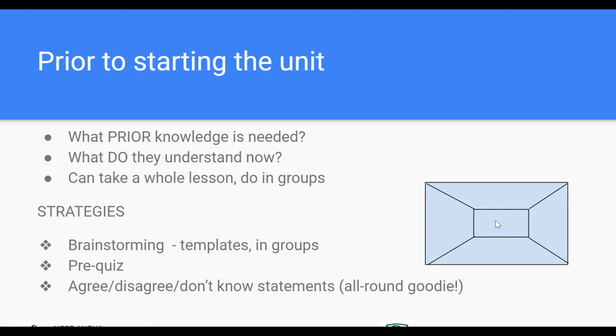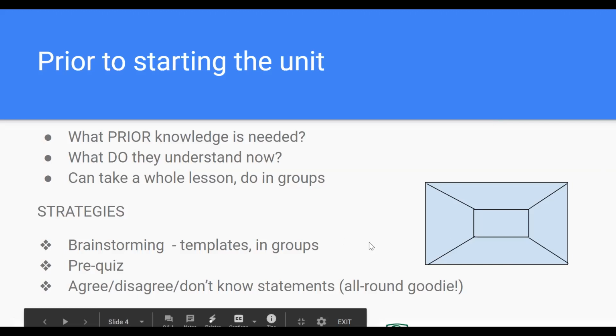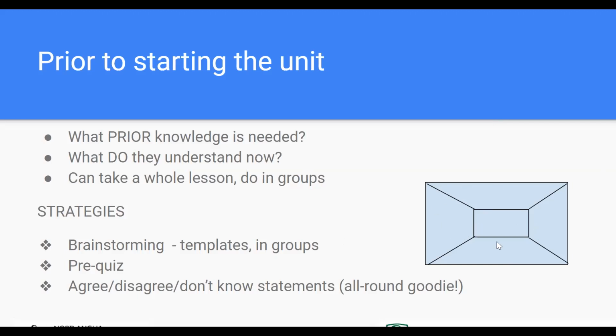If you want to work them as mixed ability groups, do your formative assessment as mixed ability groups. I use this at the beginning of all of my units with all of my classes. And it's great to look back on it. If you get weak students, they look back on this and compare what they do at the end of the unit with what they did on that grid. They can look back and go, wow, okay, I've learned quite a lot.